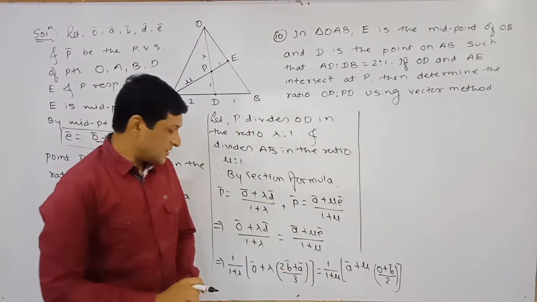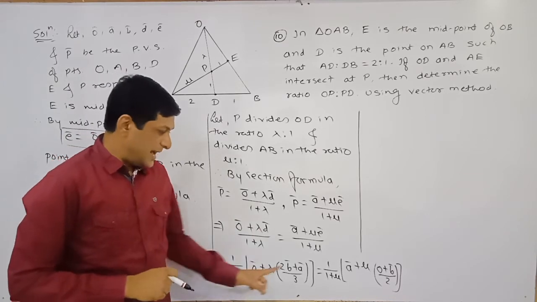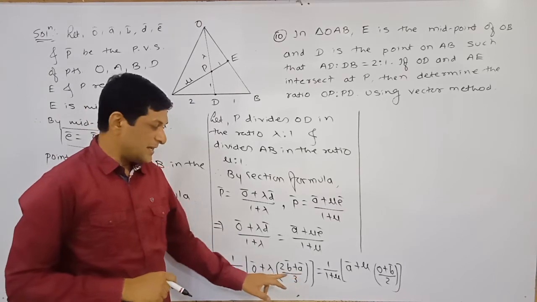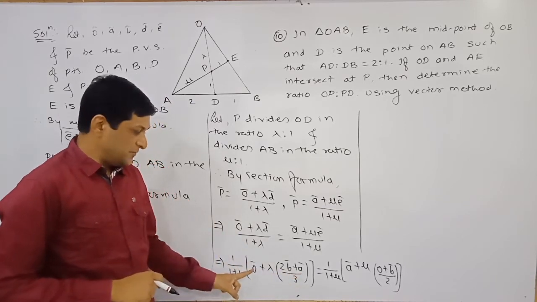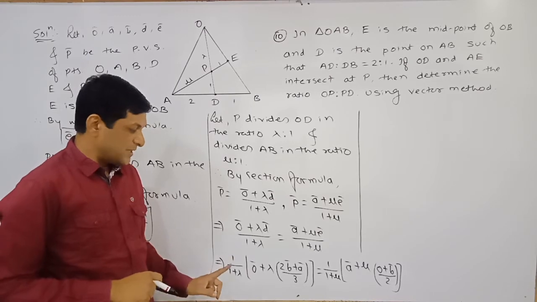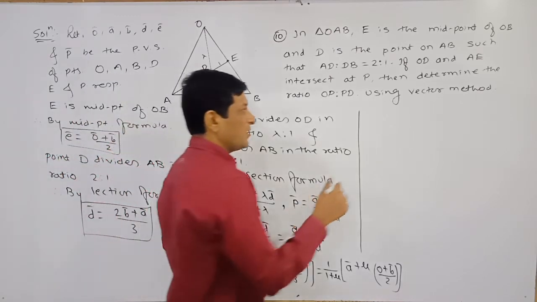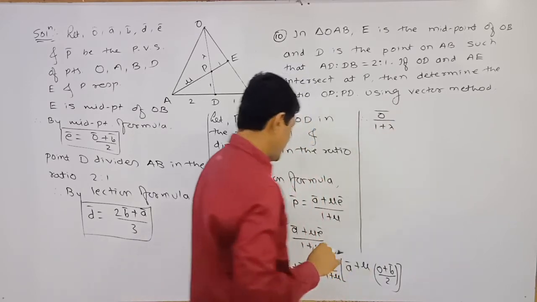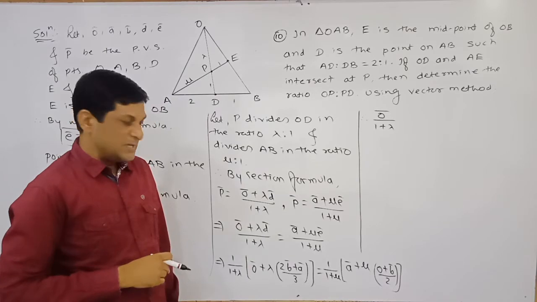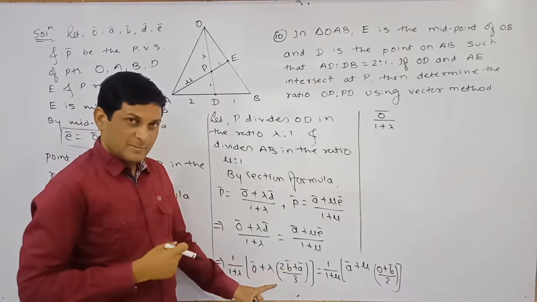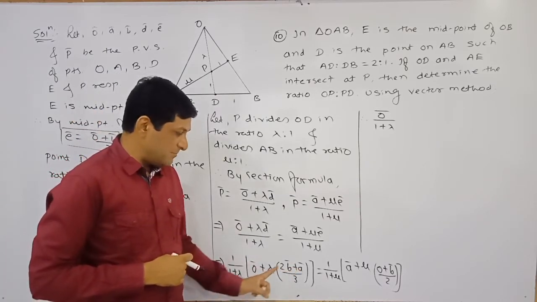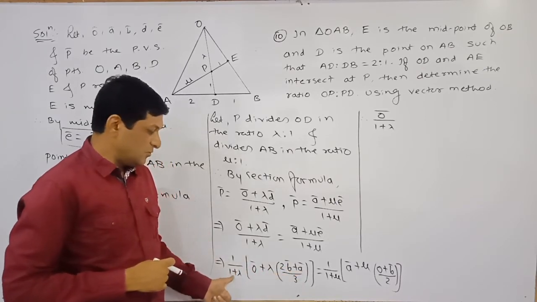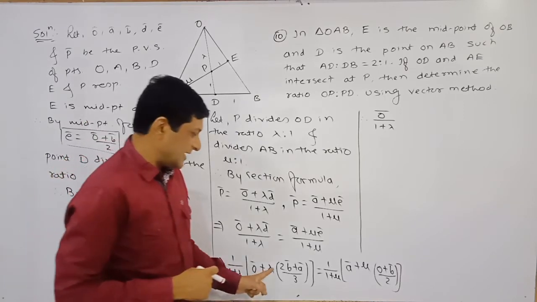Now first here observe how many vectors are there? 3 vectors. O bar, A bar, B bar. First we are writing O bar, then we are writing A bar, and then we are writing B bar. What is the coefficient of O bar here? 1 upon 1 plus lambda, means O bar into 1 upon 1 plus lambda will be equal to O bar upon 1 plus lambda. Okay. So now write down the term of A bar. Here the coefficient of A bar is lambda into A bar, means lambda A bar upon 3 into 1 upon 1 plus lambda, means what we will get?